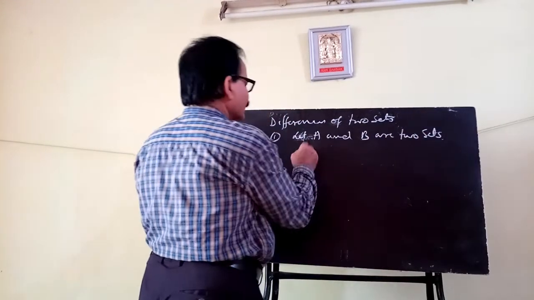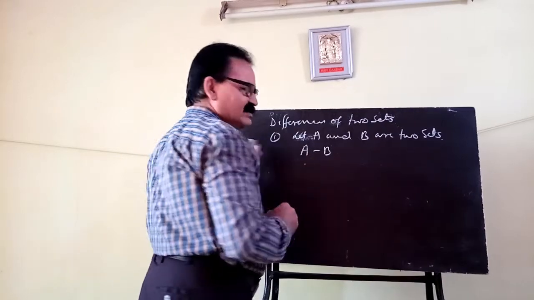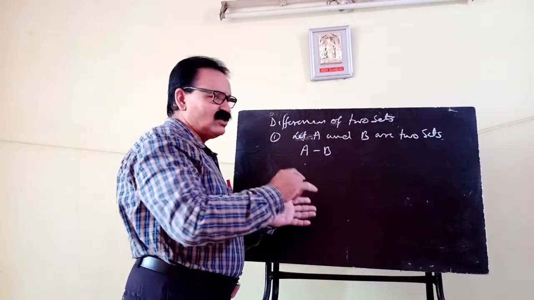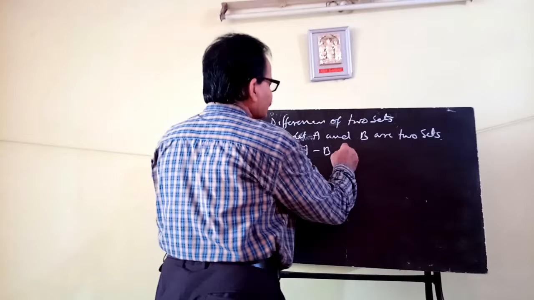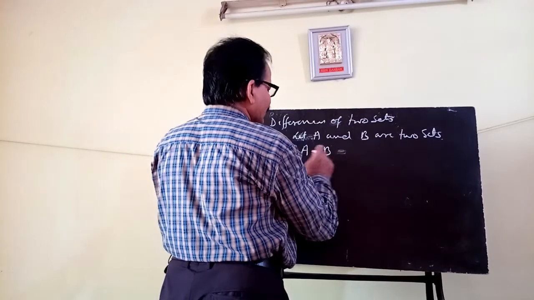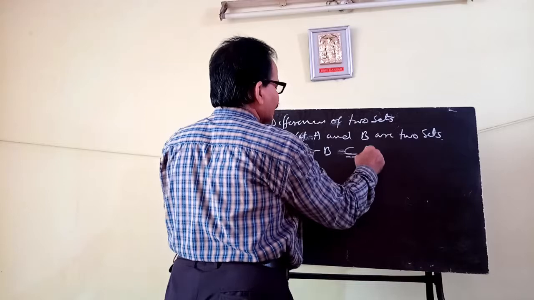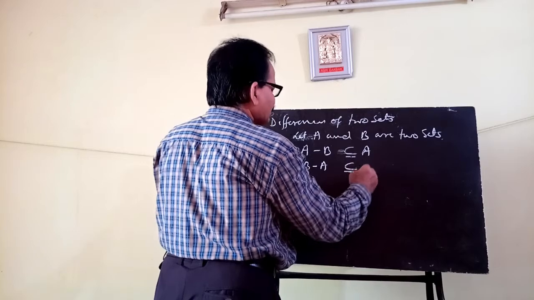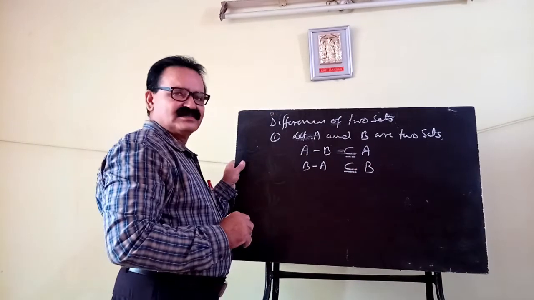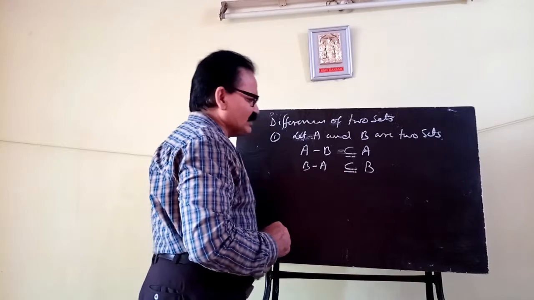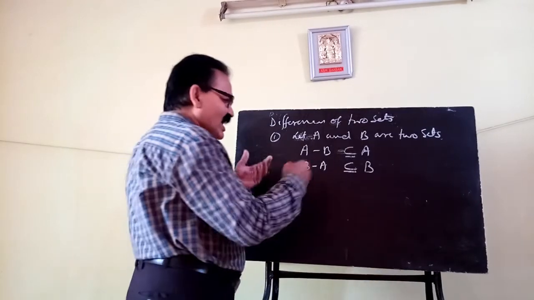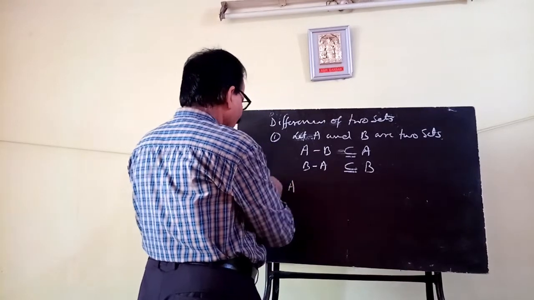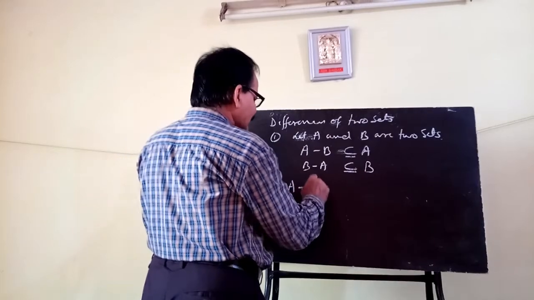Then when you write A minus B, you get the remaining values of A which are not common. So this must be a subset of set A. If you write B minus A, then this must be a subset of set B itself. So how is it possible? You can also say or write A minus B